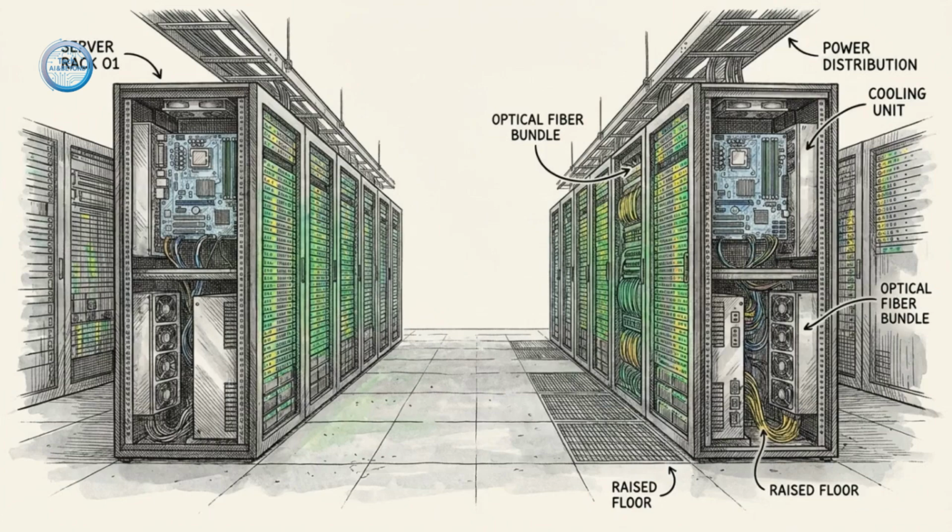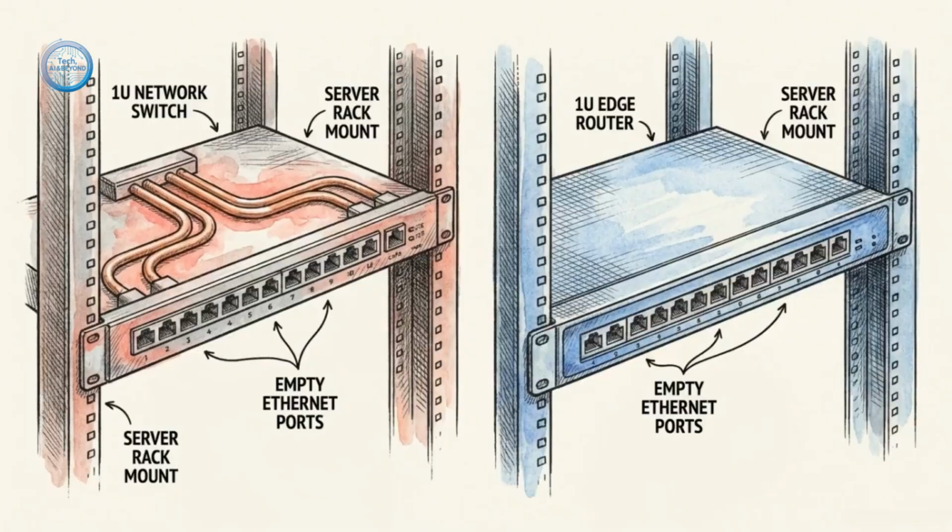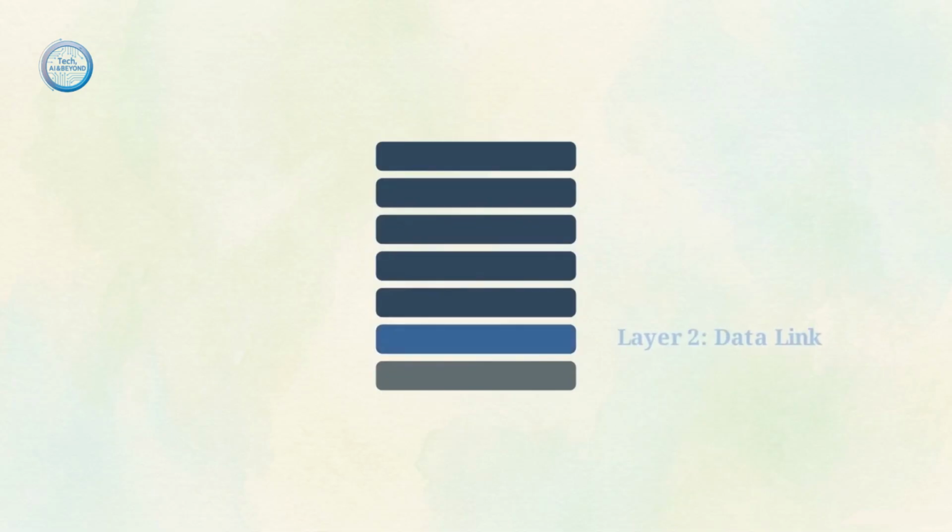To the untrained eye, standard enterprise network hardware is visually indistinguishable. These two units, a 1U network switch and a 1U edge router, share a chassis size, metal housing, and identical rows of Ethernet ports. Yet, according to the Open Systems Interconnection, or OSI model, these two devices handle data at